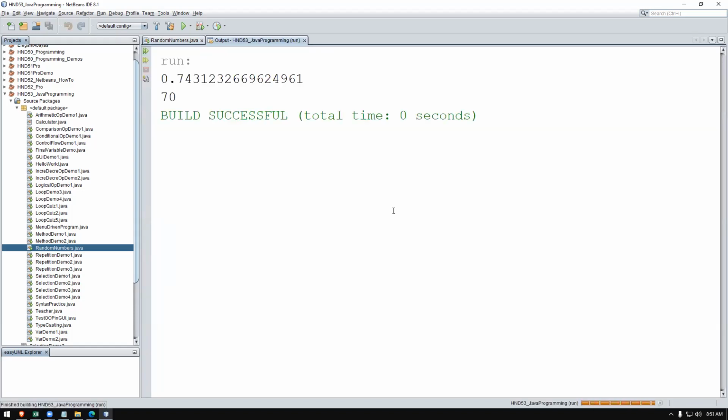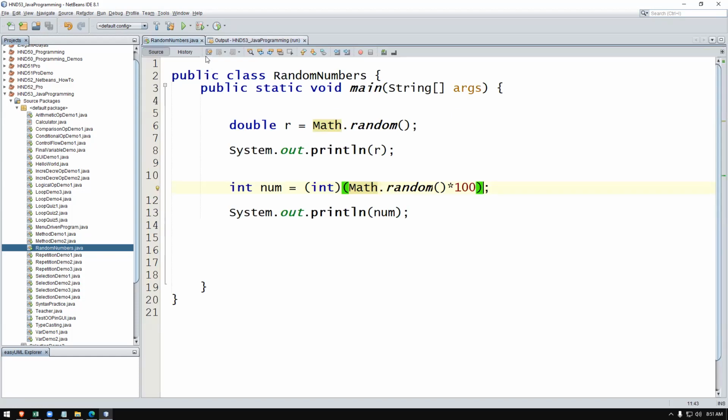Now if I reload, you can see different values are coming each time. Don't worry, here we are generating a random number and displaying it. Again, we are generating a random number and converting that to an integer, not the same random number. So these are the two things that I just wanted to mention. So when you have a value like this, I'll pause the recording for a while, children.